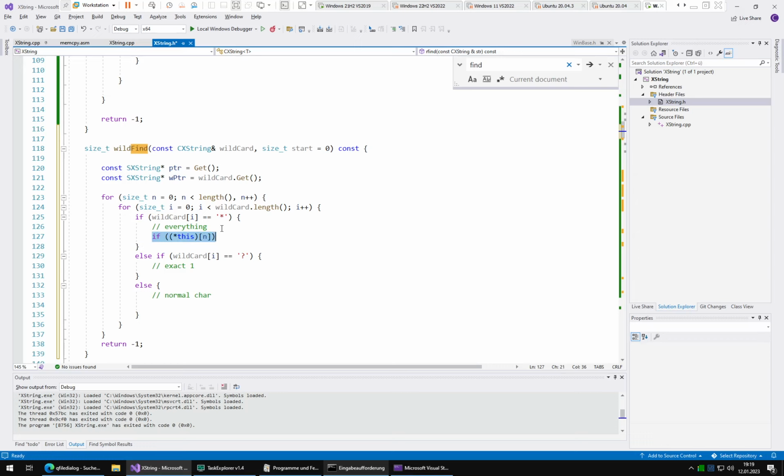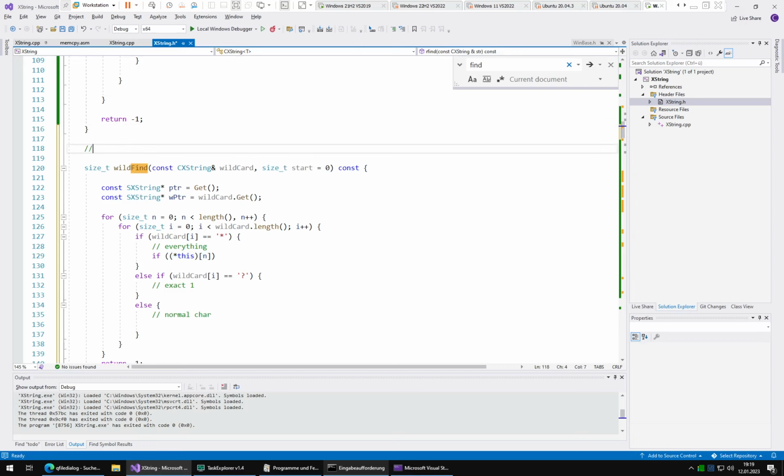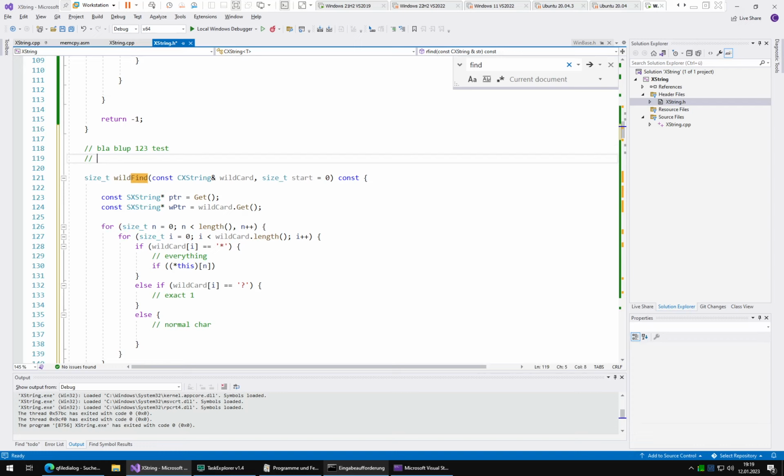No, so let me write down some examples of how this should work. Let's say we have a string "blah bloop 1, 2, 3 test". So if you would try to match it with "blah*test", so if you would look for this string with a find function, then okay, we need more: 1, 2, 1, 2, 3, 5, 6, 7, 8. Okay. So then what it would return